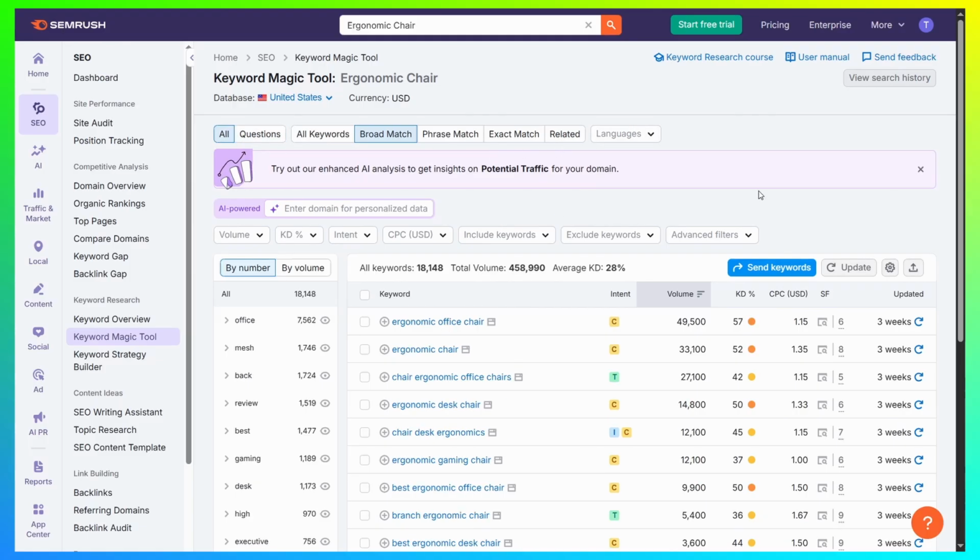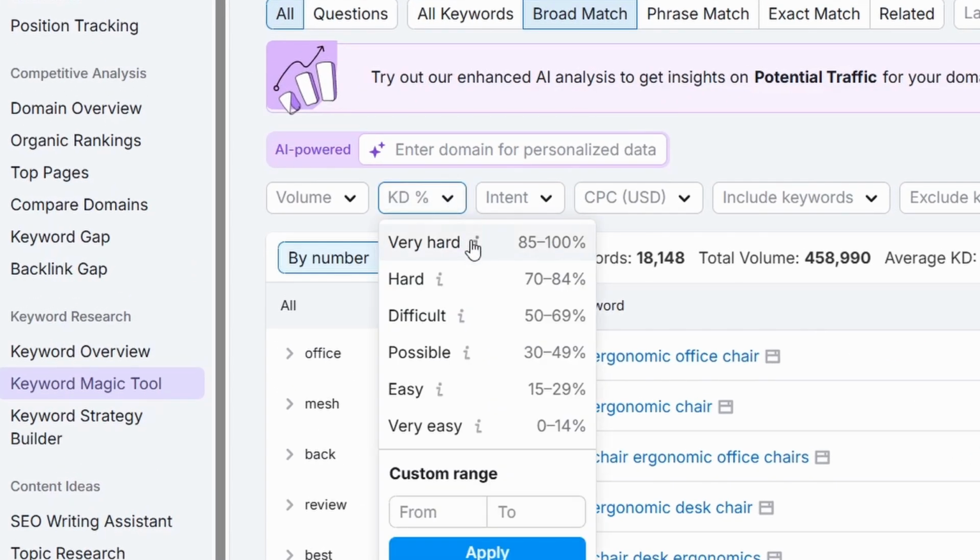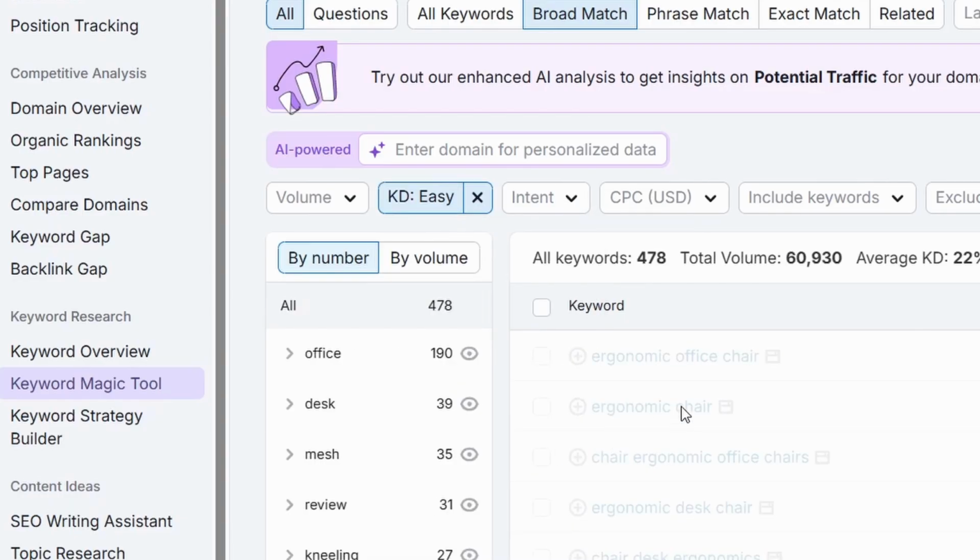But the better way to find low competition keywords would be to filter from the KD itself. If you find here the KD filter, you click on it and you're going to find the different difficulties that you can choose. You can go for very easy, but usually it's just not going to make sense to go for this one because the keywords are just going to be, I mean, it's very easy for a reason, you know? So I suggest that you go for the easy filter here, click on that and click on apply,